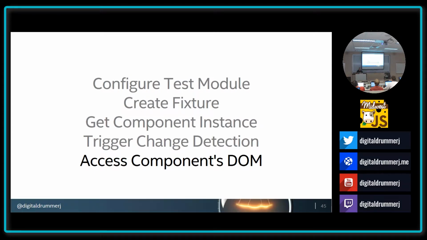Now I can look, if I need to, at the actual component's DOM. So I can test some of the HTML that's in the template if I need to. I try not to do a ton of HTML testing. I test the critical stuff in the HTML piece. It really feels like HTML testing gets into end-to-end testing. But if I have specific pieces that I want to test, like I've got some pages at work where, depending on what you pass in for the route, it will change the content on the page, I need to test the different route parameters that we can pass in to make sure at least the header is on the page. If the header's there, I assume the rest of the content is correct. And to do that,